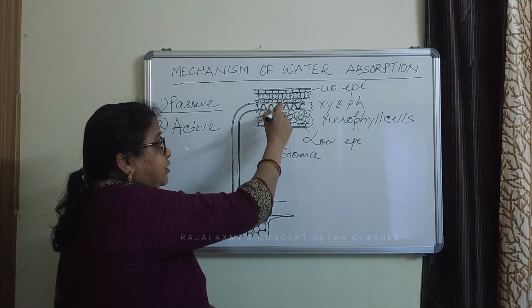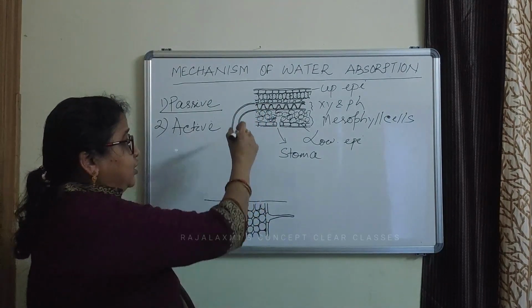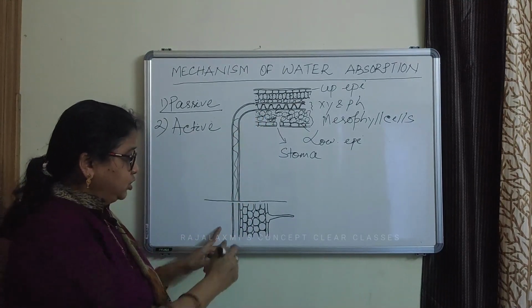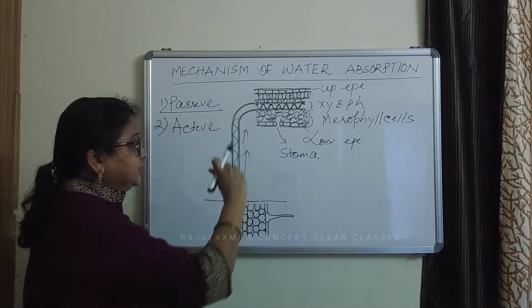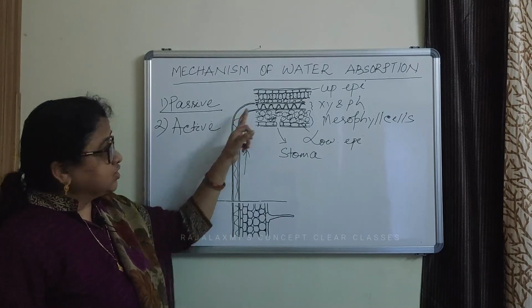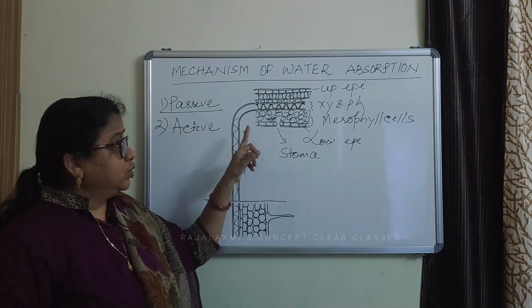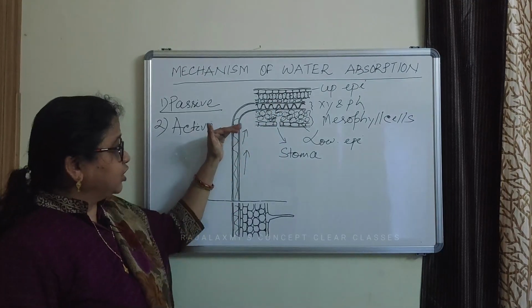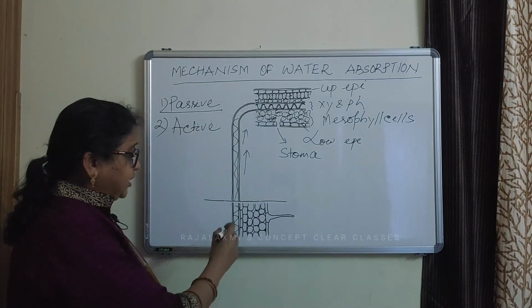So once water is absorbed from the xylem of the leaf, the entire water column from the leaf to the root through the stem and branches will be lifted up. Because there is a continuous water column from the xylem of the root to the xylem of the leaf through the xylem of the stem and the branches. So once water is pulled from the xylem of the leaf, the entire water column will be lifted or move up. So what happened here?